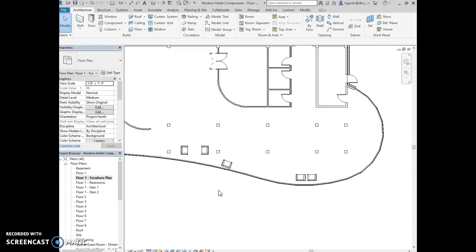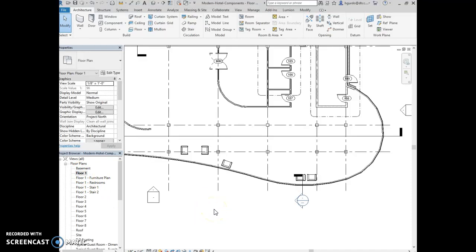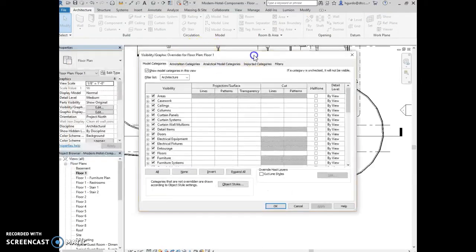We're going to open the floor plan's Floor 1 view and notice that the furniture is also displayed in this view. You would have to hide the furniture in this view if you did not want it displayed. The other thing you can do is adjust the visibility and graphics settings. So we're going to open the visibility and graphics settings by typing VV on our keyboard or locating it in